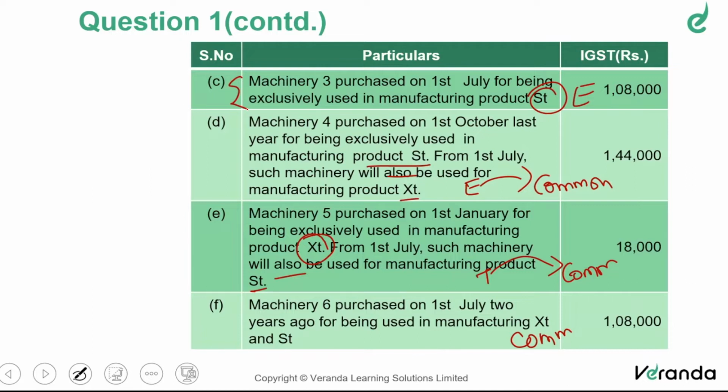Then other missionaries, there is some conversion happening. Therefore, that also whether we need to avail or not, we need to see. But as far as the other missionaries are concerned, they are not purchased during the period, July. They are purchased in some earlier period. So we can say A, B, C or 1, 2, 3 are new missionaries, whereas 4, 5, 6 are older missionaries purchased during earlier period. So keep this in mind now.